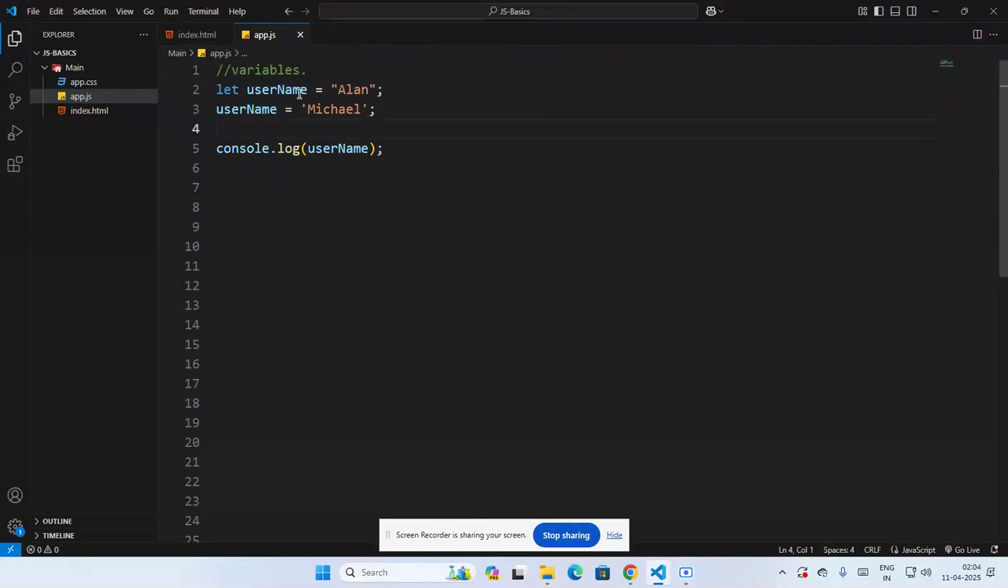If you are ever planning to change or reassign, the most appropriate word is reassign, not change. If you want to reassign a new value to the variable, you use let. Okay, so when we use const, let's say const